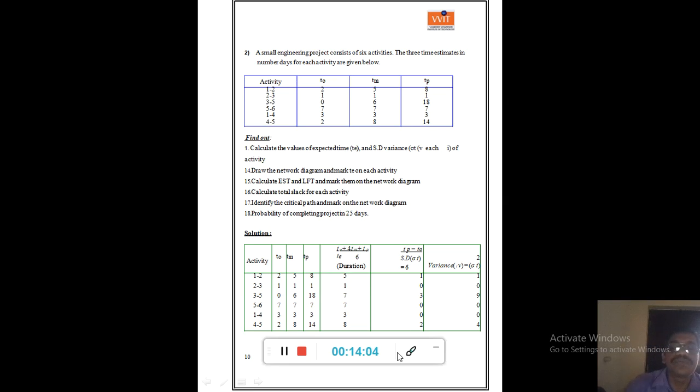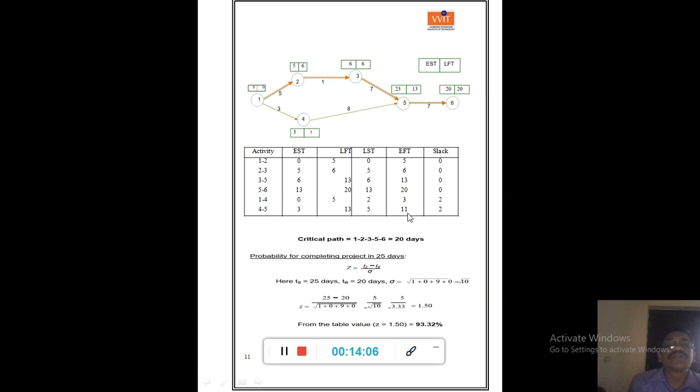And coming to the next slide, see the network diagram, drawing the network diagram. In the earlier case, I already told you while discussing the CPM problem how to calculate EST and LFT. Here also you can calculate EST and LFT in a similar fashion. Then you will get that event number 1 EST is 0 and event number 6 it is 20, and the project duration is naturally 20 days.